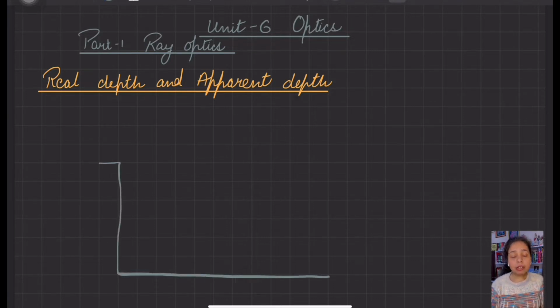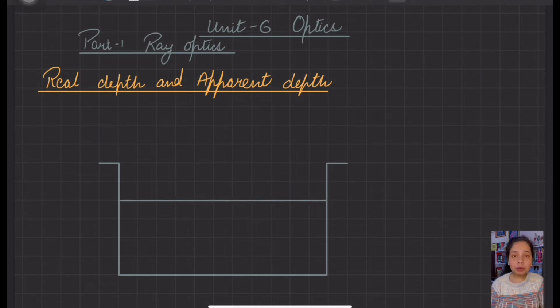But as far as this topic is concerned, let us consider a transparent vessel, let us say made of glass, which is filled with a transparent liquid, say water, up to the XY surface, such that XY is separating the two media, such that water is the optically denser medium of a refractive index mu. As the object and observer are in two different media, we will consider the object to be at point O, placed inside the water.